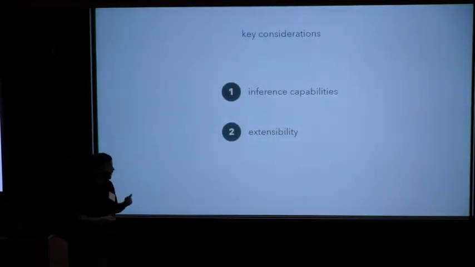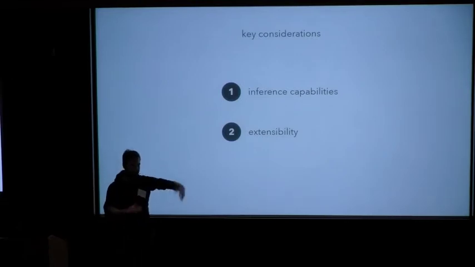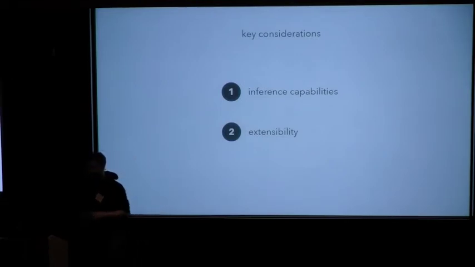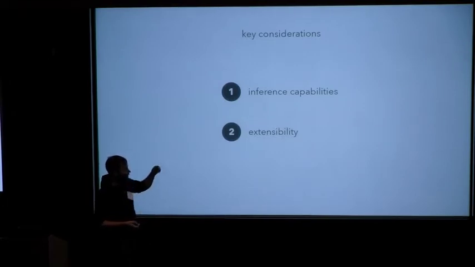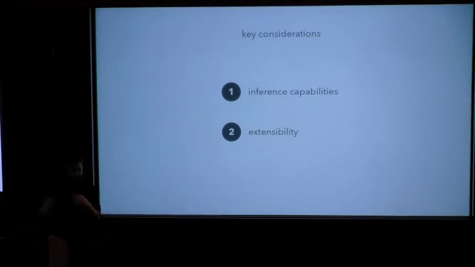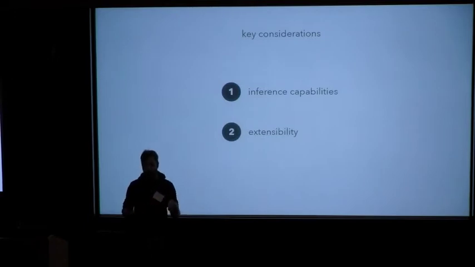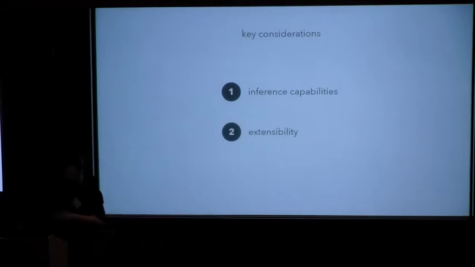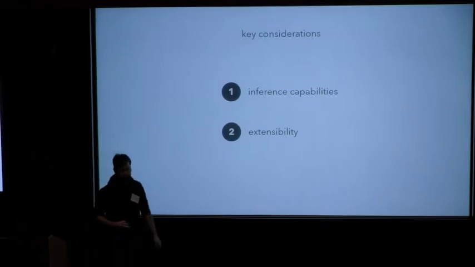When you're choosing, I would say you should think about the inference capabilities that are built in. So it's nice to not have to implement your own no U-turn sampler, because I've tried and it's really annoying. But it's also worth thinking about extensibility, because if your code isn't just a set of NumPy functions, and you have clever ways of solving some subproblem, it's very useful to be able to provide your own derivatives for those parts of the problem. I'm not going to talk about that, but I think that's crucially important in astronomy applications.